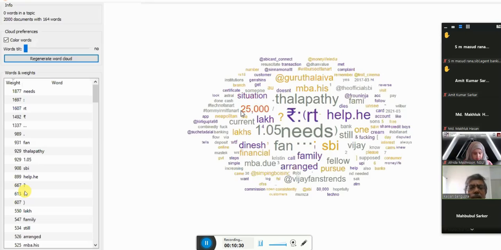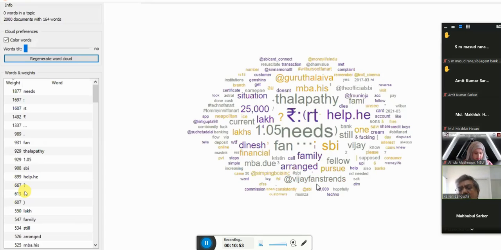Now, the thing is that as an analyst, you have to understand what the core values of these customer comments are: online, deposit, steps, simple, okay, pursue.